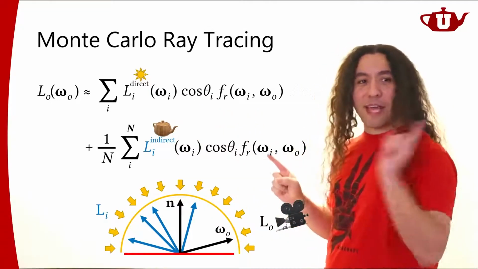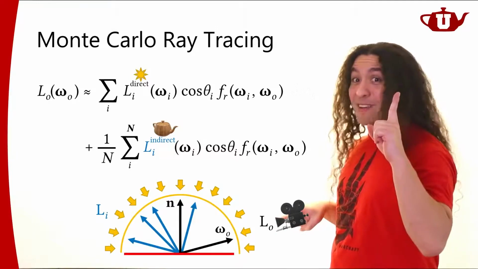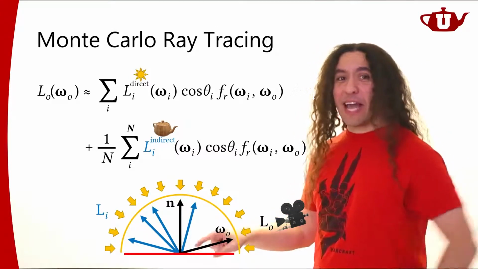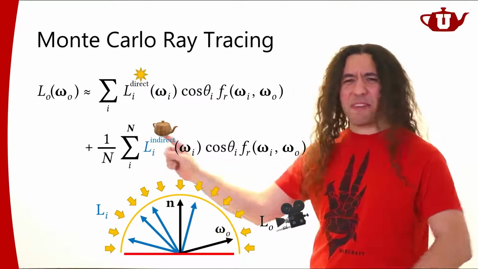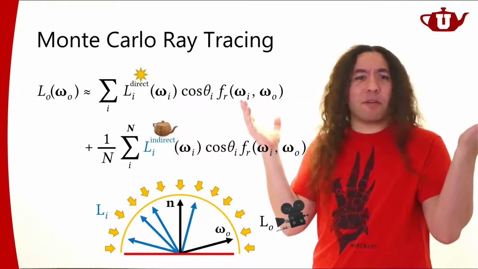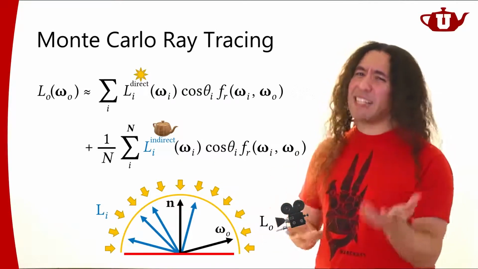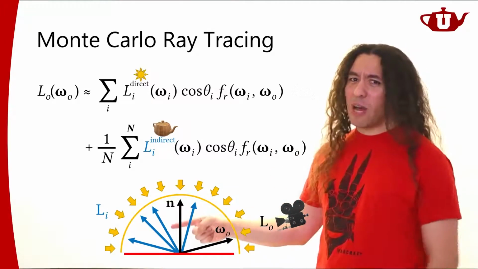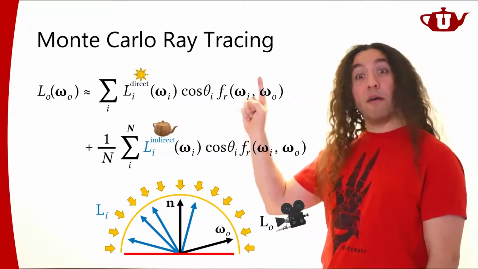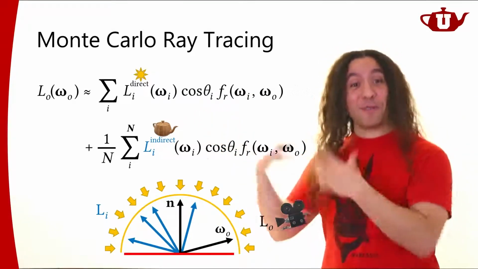So what happens here is that now I started with one ray from my camera. A ray hit here. Let's say I'm going to pick a small number n here. Very, very small number. I'm going to say 10. 10 is probably not a big number, right? I want to know all the light coming from all possible directions. 10 is a very small number. So I picked 10 different directions. For each one of those, they will go and hit something. From each one of those, let's say I'm picking another 10 directions.